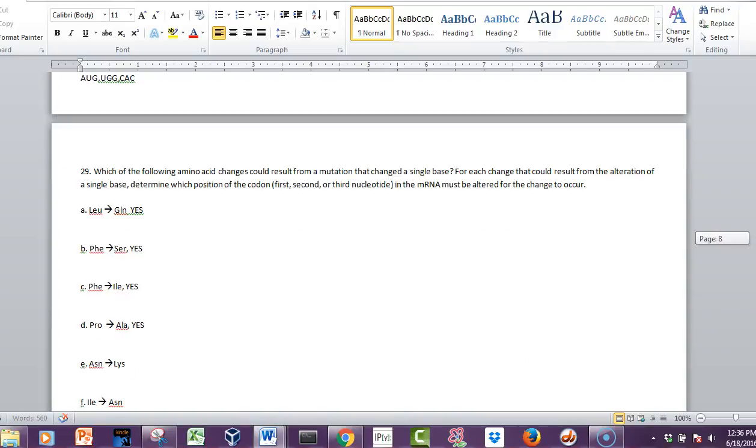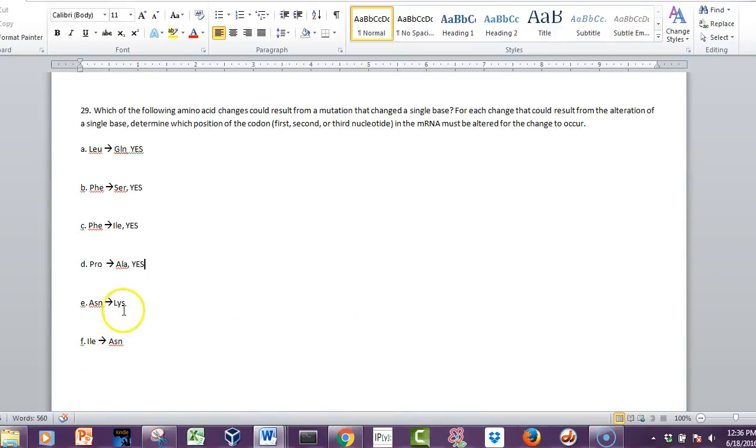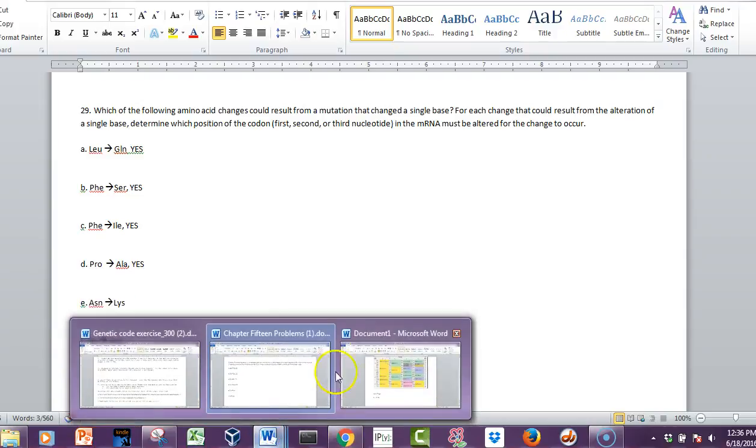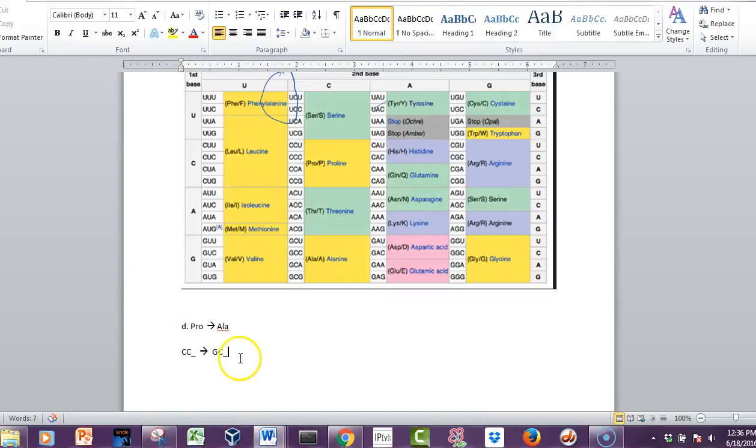Asparagine to lysine. Might as well do these last two. So asparagine to lysine. You guys get the idea. Asparagine, and it's good to just go through this because that way we can say all these amino acids. Asparagine, aspartic acid, arginine, it's got to be around here somewhere. Asparagine, oh, there's only two.